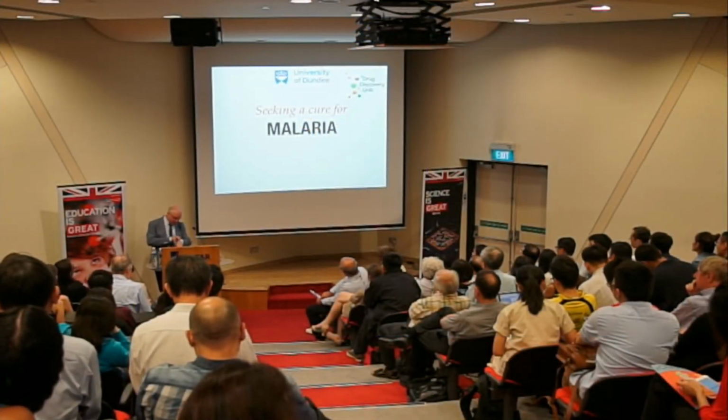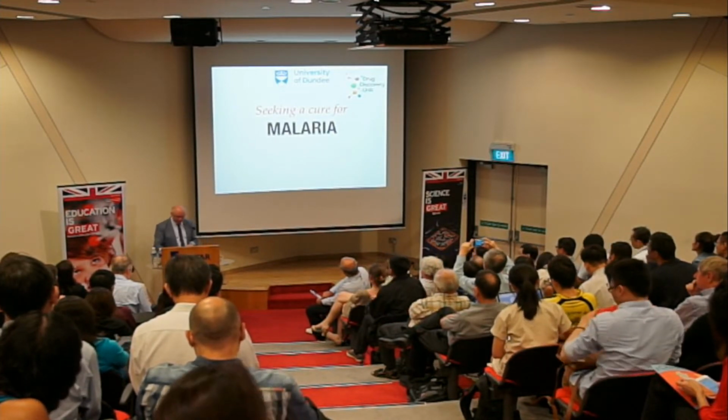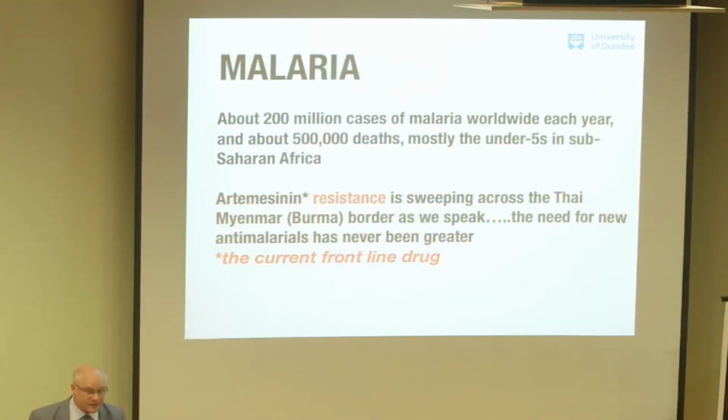What about malaria? Now, malaria is a much more famous disease, and for very, very good reason. So each year, about 200 million people become infected with malaria from mosquito bites, and it still kills around about 500,000 people each year, mostly children under the age of 5 years of age in sub-Saharan Africa, but also it wreaks tremendous hardship in Southeast Asia. Now, the main frontline drug, which was discovered and developed in China, is artemisinin, and it's a fantastically good drug. It's saved millions of lives.